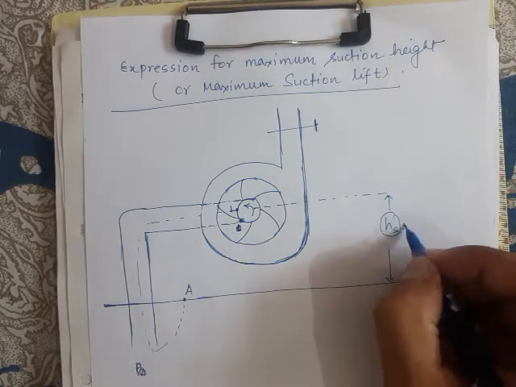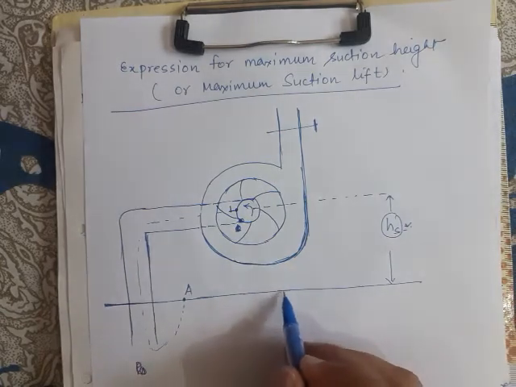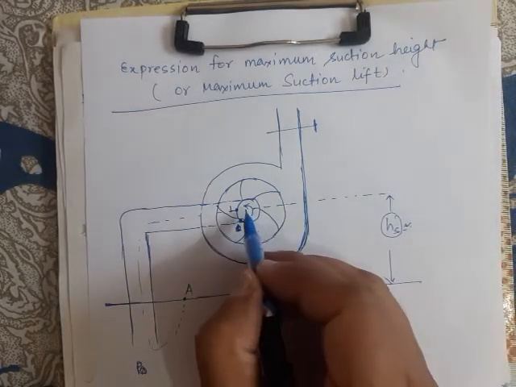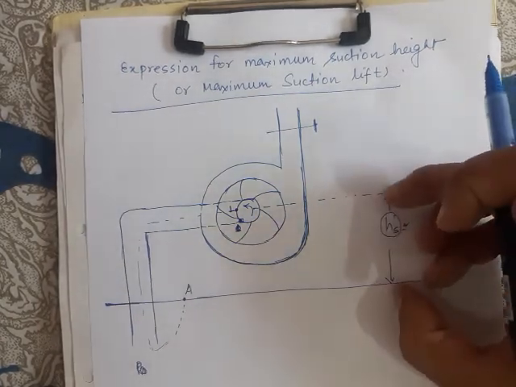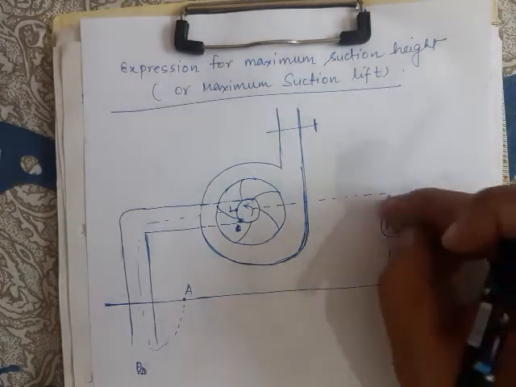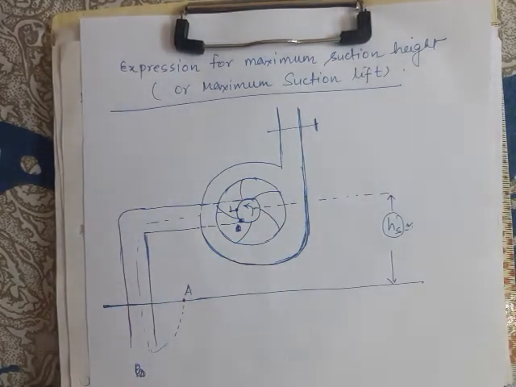HS is the suction head or suction height, which is the distance between the level of the liquid inside the sump and the center line of the pump. We have to maximize this suction head only in this expression. So to derive the expression for the maximum suction height or maximum suction lift, what I'm going to do,